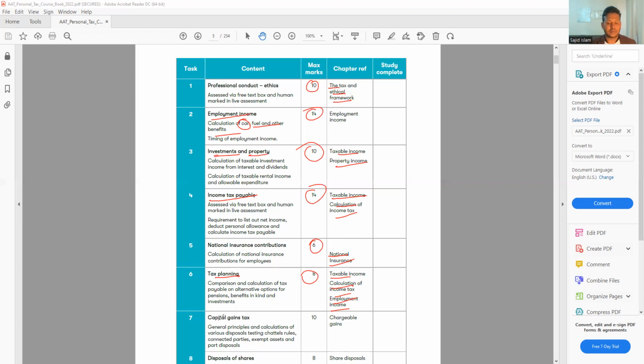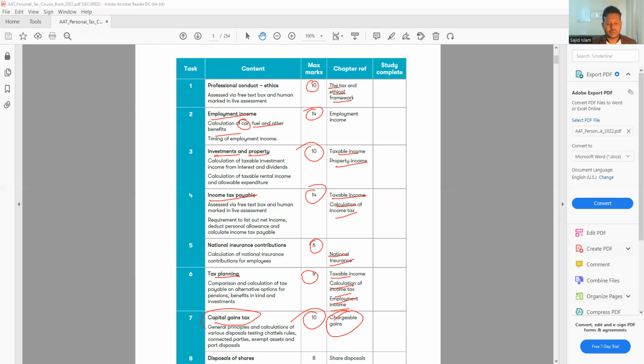Capital gains tax is one of the important areas and the most tricky area. I would say for this paper, there are only a few rules that you have to remember, and that is from capital gains tax. So I advise students to make a note for this chapter, because this could be very tricky if you don't remember these things. So chargeable gain, and this chapter will cover that, 10 marks from this question.